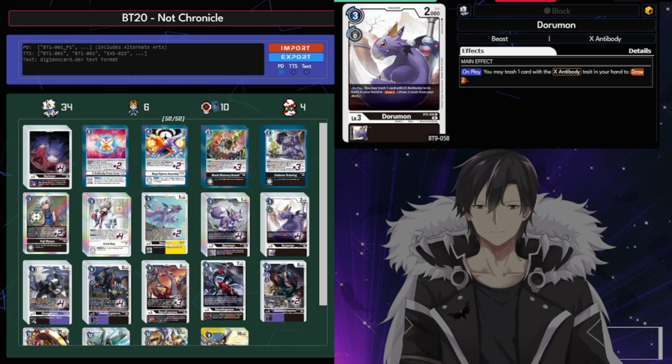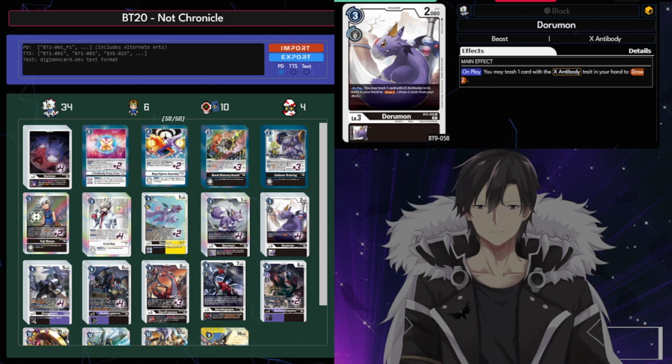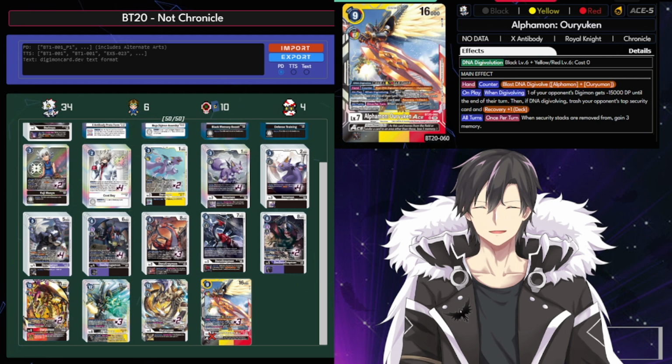Knowing the English version of the TCG is going to catch up with the Japanese version with Special Booster 2.5, which includes BT20 and half of BT19 of the Japanese version. Today we're going to talk about the Alphamon deck. Alphamon Ouryuken, the SR Ace of BT20, is actually the most expensive